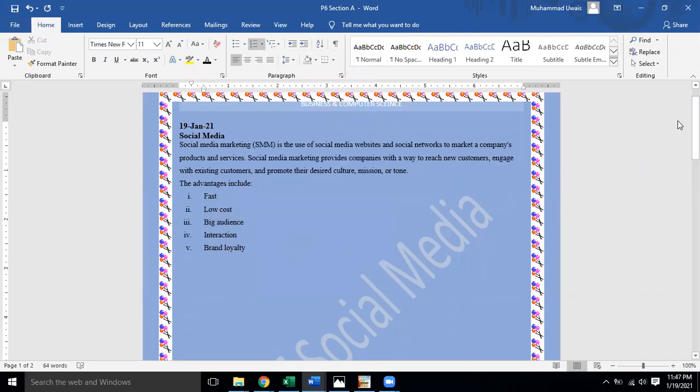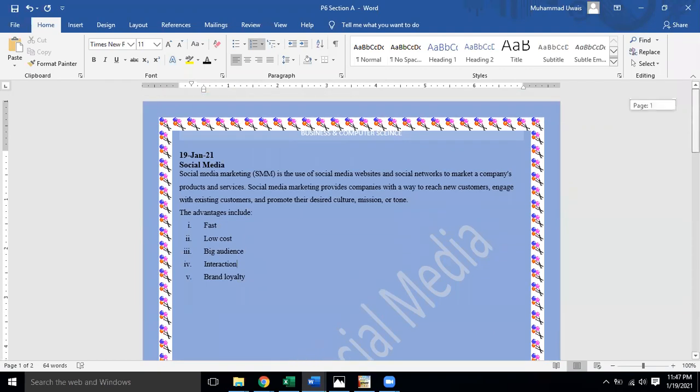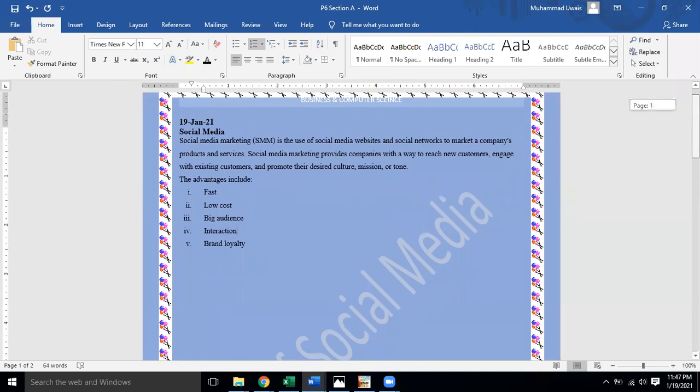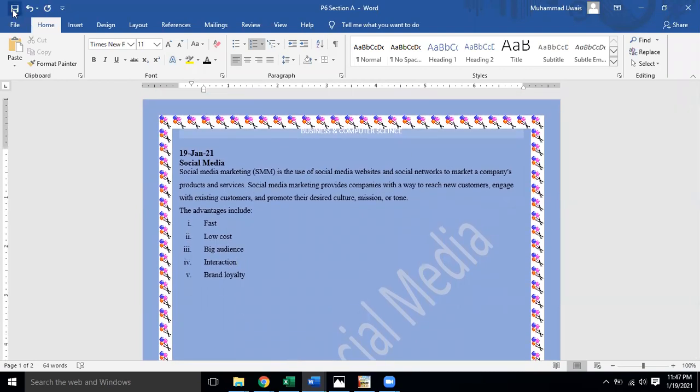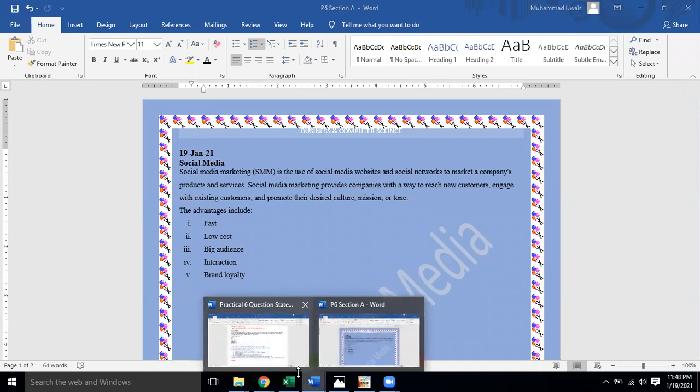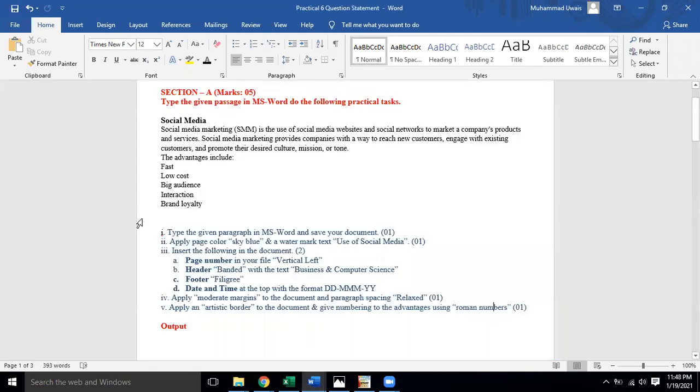So now this is the complete work that we have done. You can see the result over here, and we are going to save this page. Hence Section A is complete. Normally in the board exam, you are not going to have such a lengthy task. In explaining it seems lengthy, but when you apply it, it takes 1 minute for each task, not more than 1 minute.